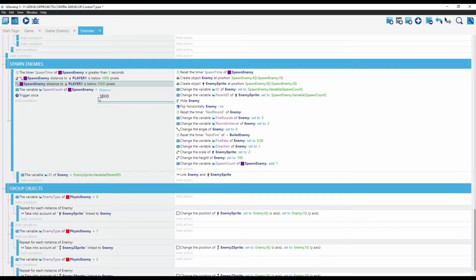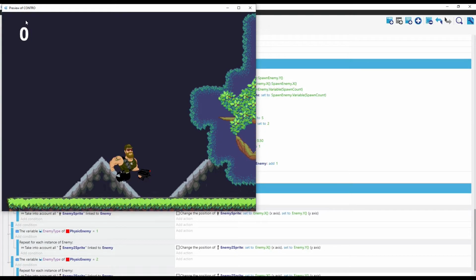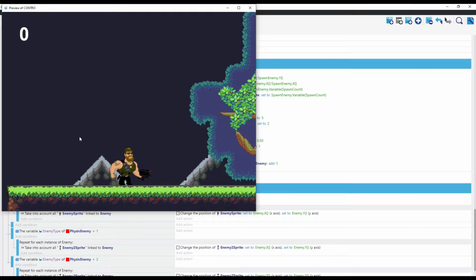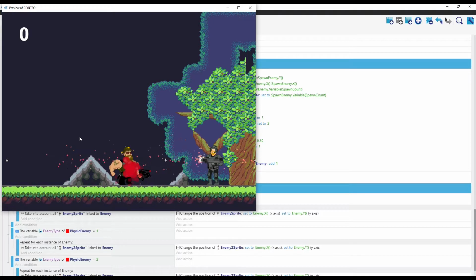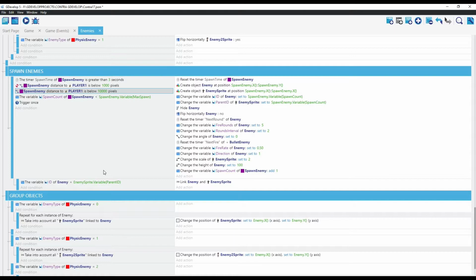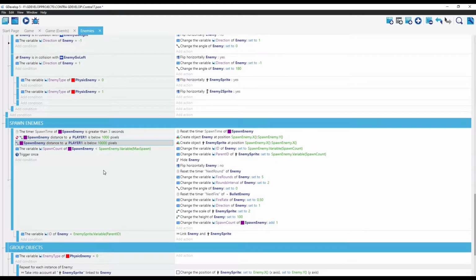Let's increase the distance to 10,000 pixels in the spawn enemies condition. Let's run again. Still not that many enemies. Let's decrease the time to 1 and in the scene view,